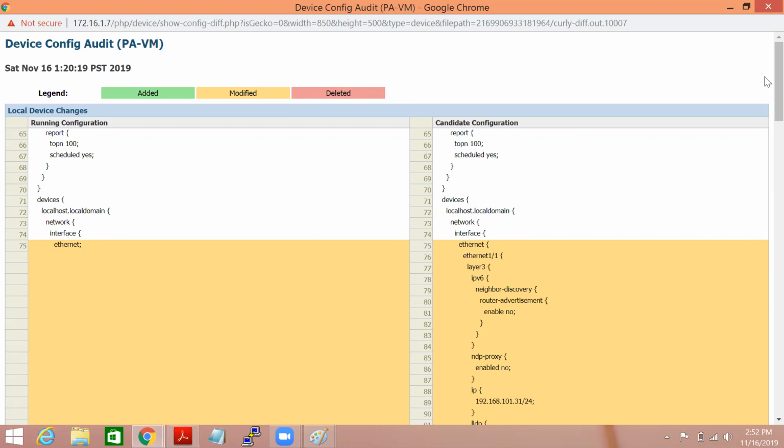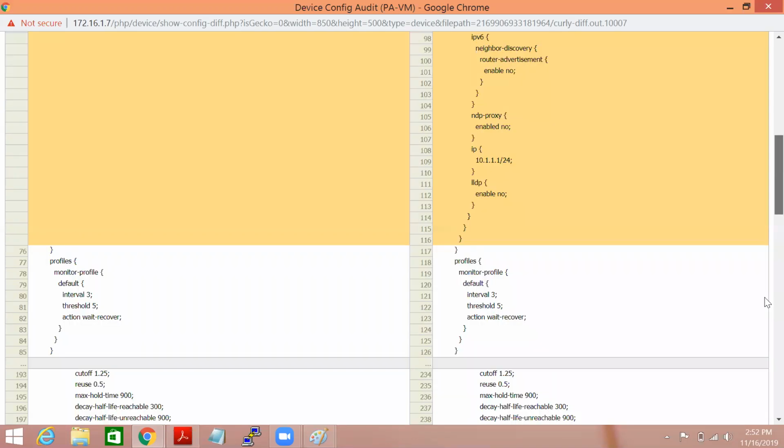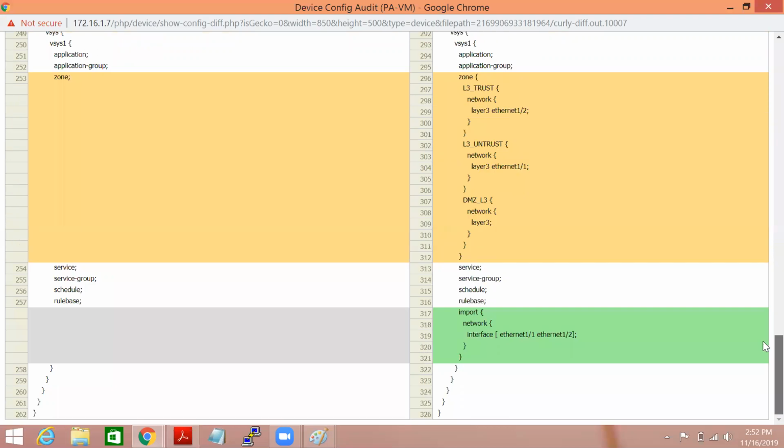So whatever you perform shows in the candidate configuration. Once I perform commit, it becomes part of the running configuration. That's what I was trying to explain. So let me try to commit it.